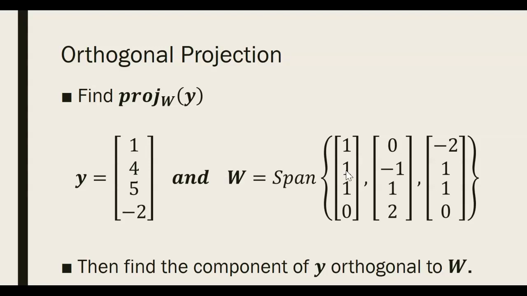So these 3 vectors, 1, 1, 1, 0, 0, -1, 1, 2, and -2, 1, 1, 0, all form an orthogonal basis for W. So I would like you to use what we did before to project 1, 4, 5,